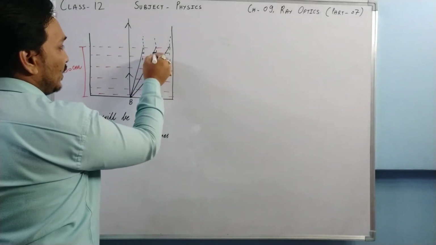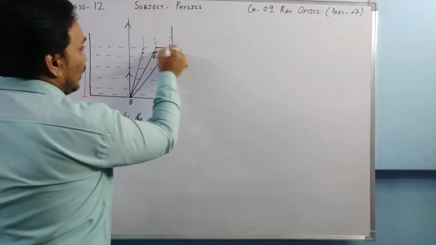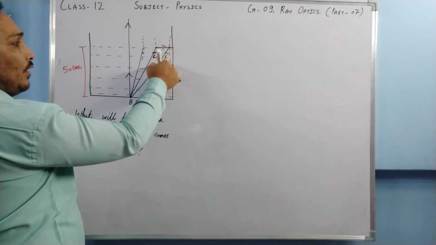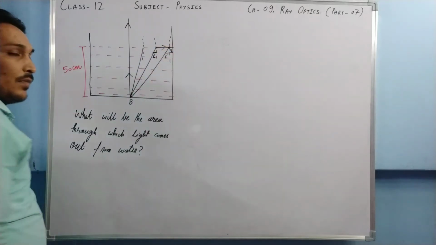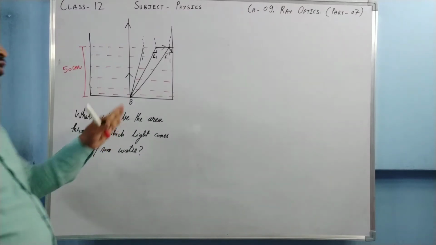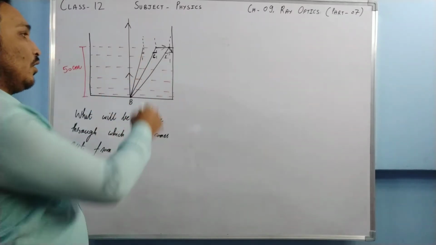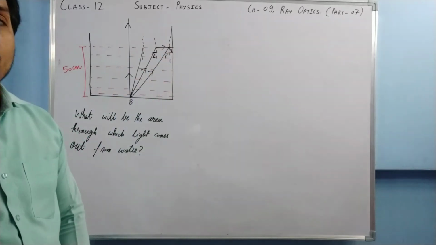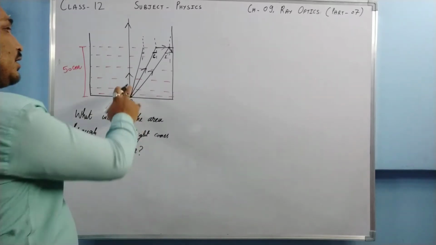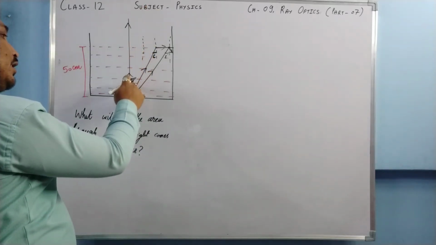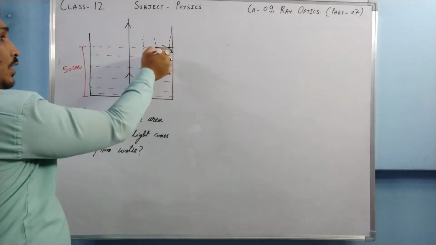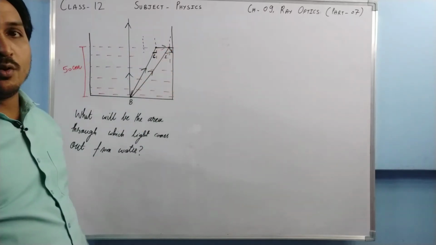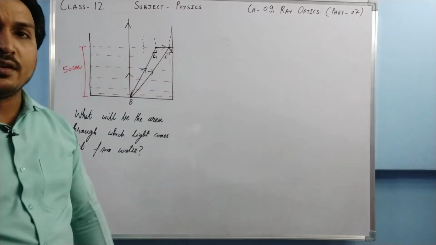At some point, for some angle, this angle of incidence becomes the critical angle, and that ray of light goes like this. Now the ray of light which falls at an angle greater than the critical angle will bounce back. It will not go outside. All the rays beyond this will fall inside only, they will be totally internally reflected. But the light up to this will go into the second medium, that is air. So up to this the ray of light is going outside, and after this all the light is reflected back because it falls at an angle greater than the critical angle.